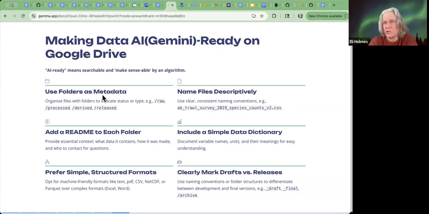Using the file names descriptively. Again, thinking about there's some algorithm searching it and trying to understand your data, and giving it a little bit of help so it can understand it. Adding a README to each folder is super helpful. That's super helpful for the people, in the future, other people who would be looking at this also.